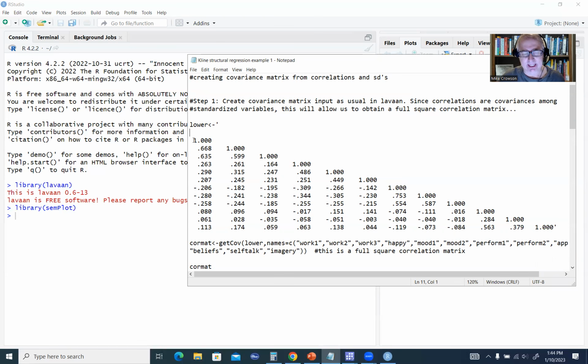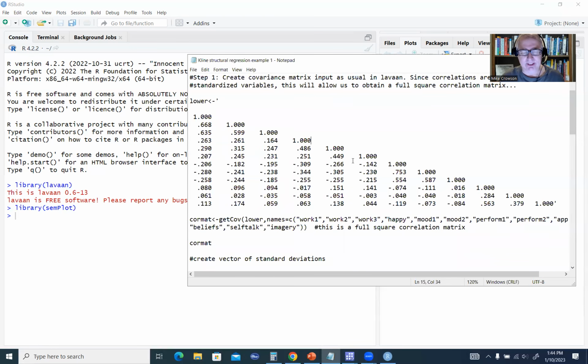At any rate, I started off right here with the first line. I've got a 1 right there, then 0.668, then a few spaces, and then 1, and so forth. So that's all there is to it. As you can see, in the data that Kline provided there were a lot of variables that we were working with. So once we've done that, then we need to create a new matrix that is a fully symmetric